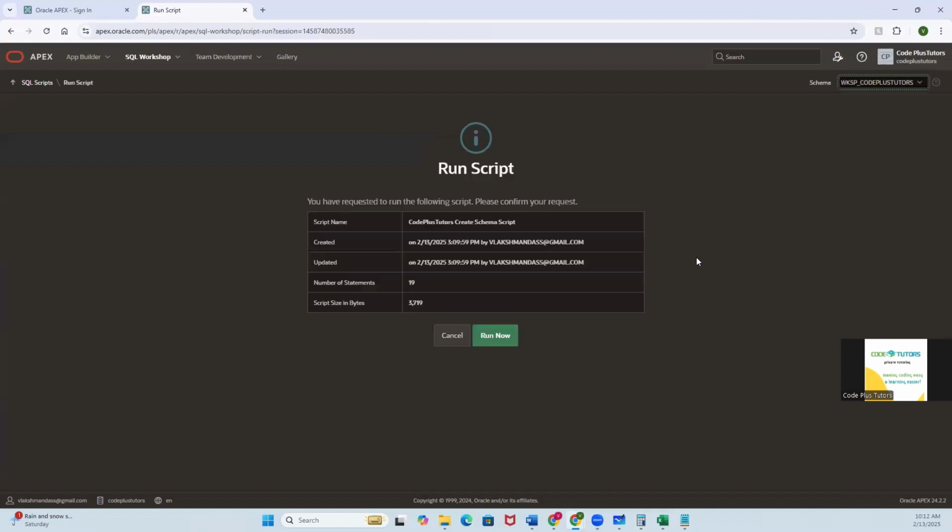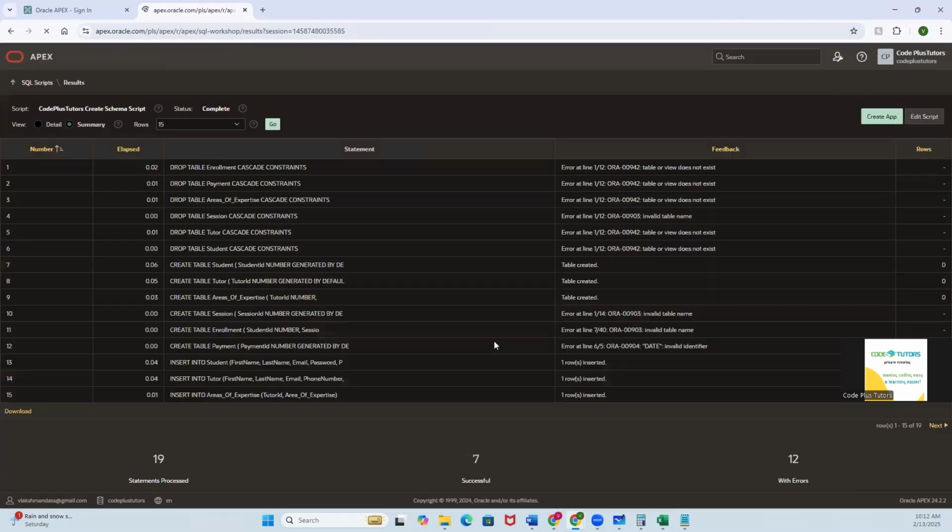It says parsing script. So it just parsed the script for us now. It tells us how many statements it has. Let us try running it. Okay, so it gives us errors